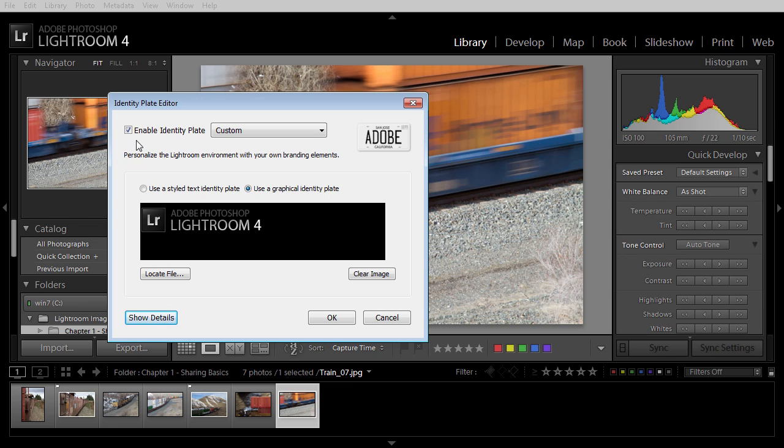First off, in order to view a custom identity plate, we need to turn on the Enable Identity Plate checkbox, and then we can choose a saved identity plate setup if we've already created one. I've not yet saved a setting for this. We can use an existing graphic as the identity plate. Now, this can be great if you're using this primarily as branding at the top left of the Lightroom display,